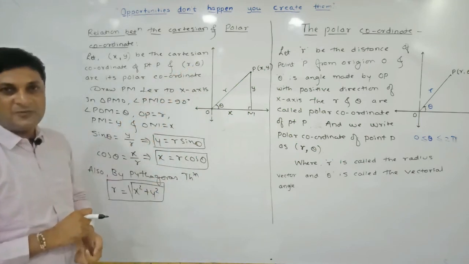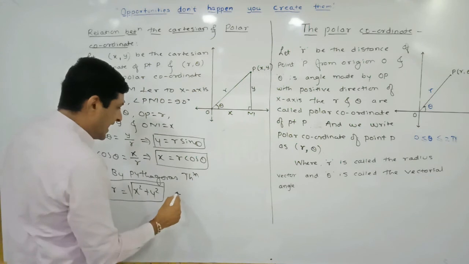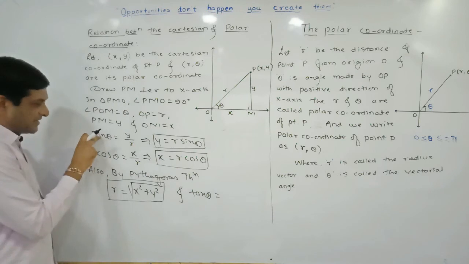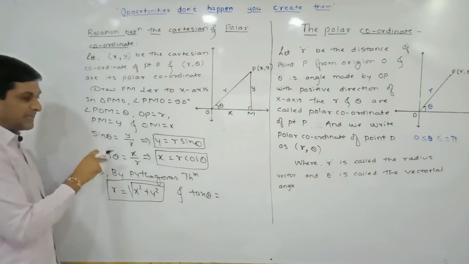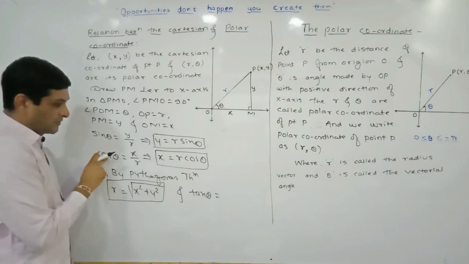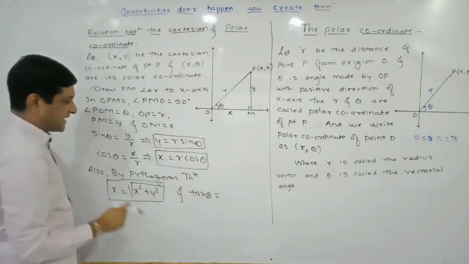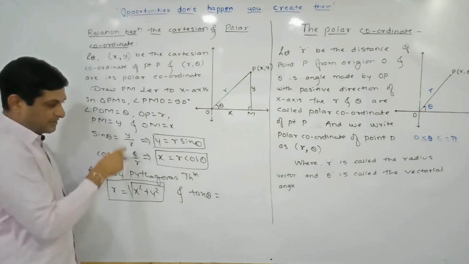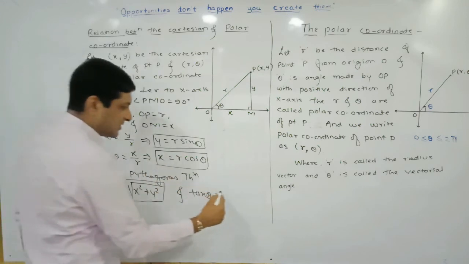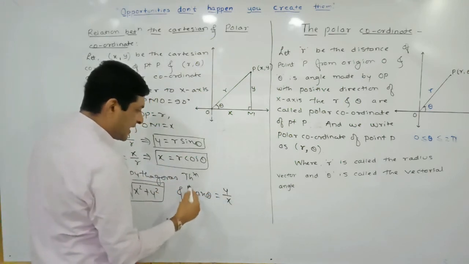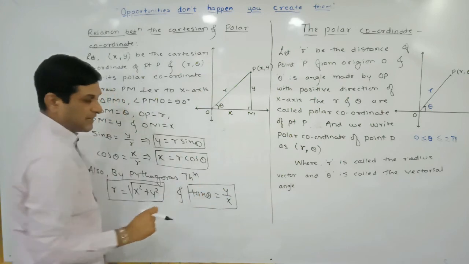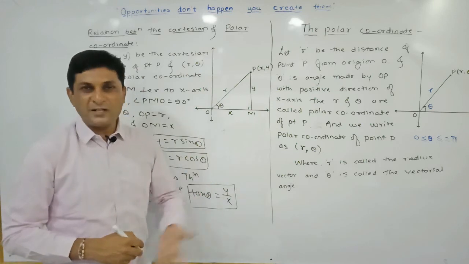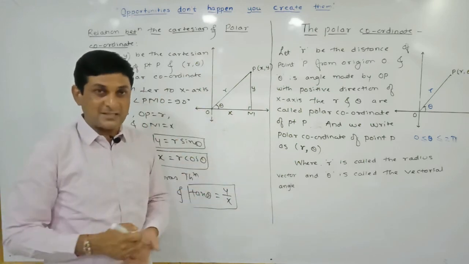Now we are discussing a formula to find the value of theta. To find tan theta we take the division of these two, sin upon cos. If we take the division of sin and cos, we get tan. Since we have taken the division on the left hand side, take the division on the right hand side too. R and R will get cancelled, and we get Y upon X. Applying this formula we are able to find theta. Now this theta may lie in the first quadrant, the second, the third or the fourth quadrant, or may lie on any axis.